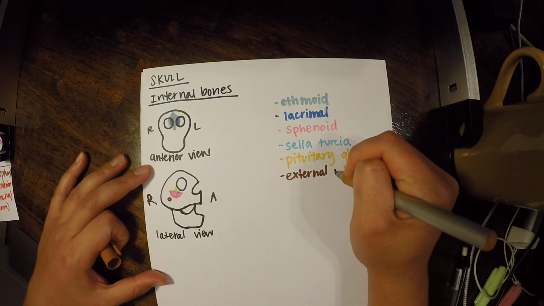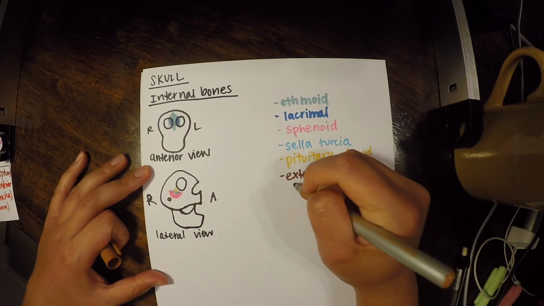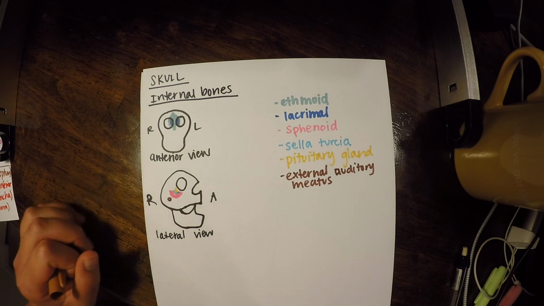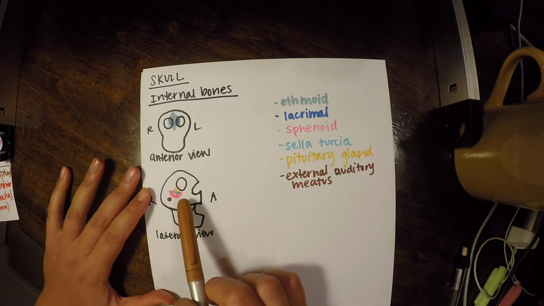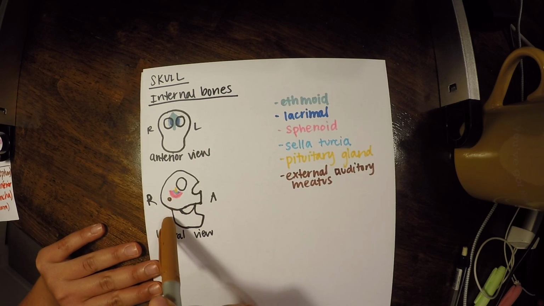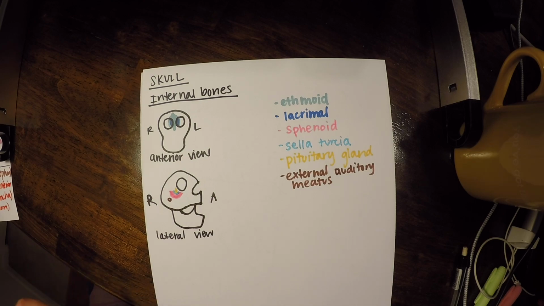This is something that we'll see more externally. So the sphenoid, sella turcica, and pituitary gland, those are all deep inside, and then the external auditory meatus is external. Now, a few other structures you'll be able to see externally on this lateral view is also something called your